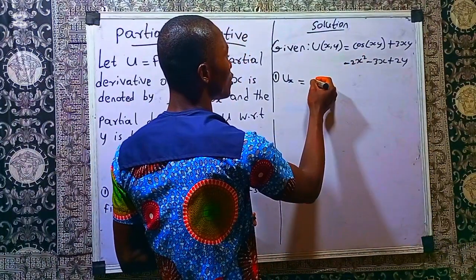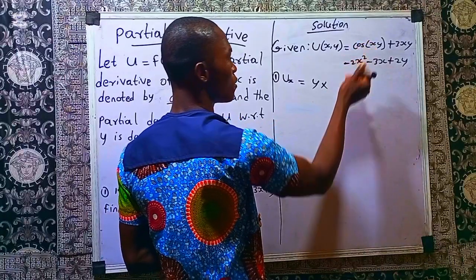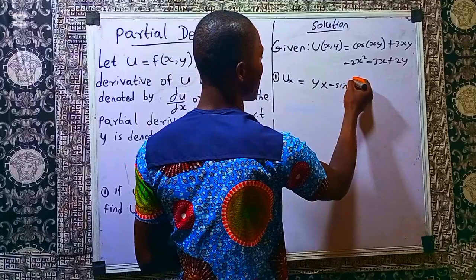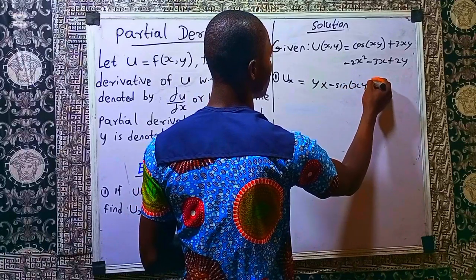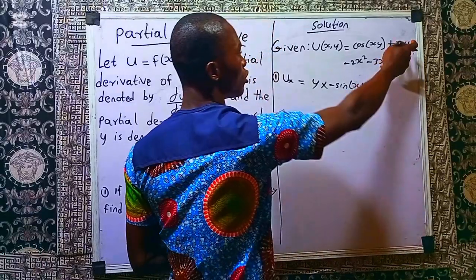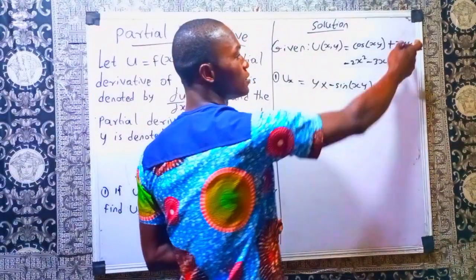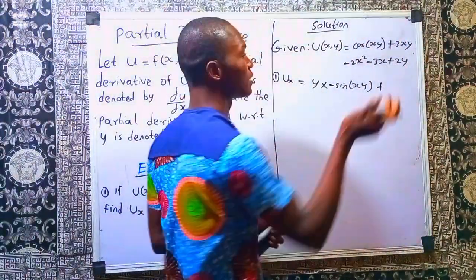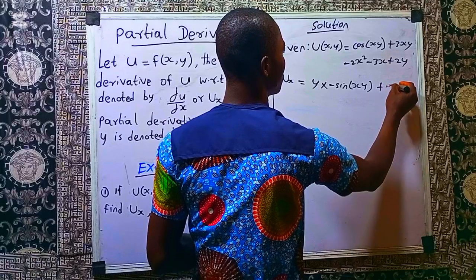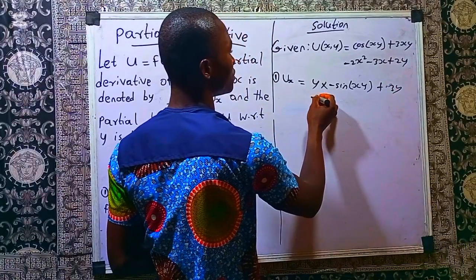So now I got y times, you differentiate the trig. If you differentiate cos, what will you get? Negative sine, right? So I have negative y sine xy, plus. So you now differentiate this with respect to x. You are treating y as a constant. You are treating y as just this 3, as a number. 3y, right? Then minus,